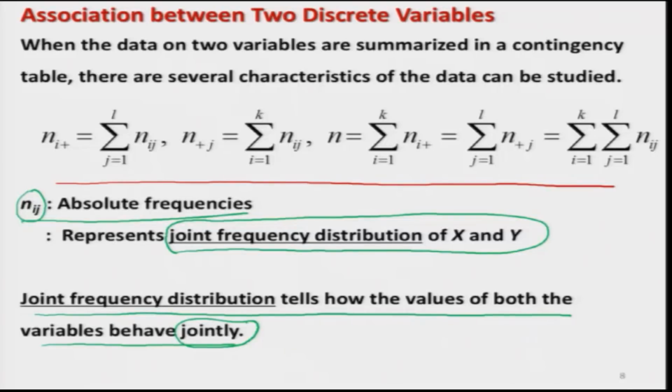And just to inform you, here I am trying to take only two variables, but these variables can be more. There can be 3 variables, there can be 4 variables, and corresponding to those numbers we can create a suitable contingency table. Suppose we have 3 variables x, y, z, x having 2 classes, y having 3 classes and z having 4 classes. Then we will create a contingency table of the order 2 by 3 by 4, or 2 into 3 into 4 contingency table. Right.